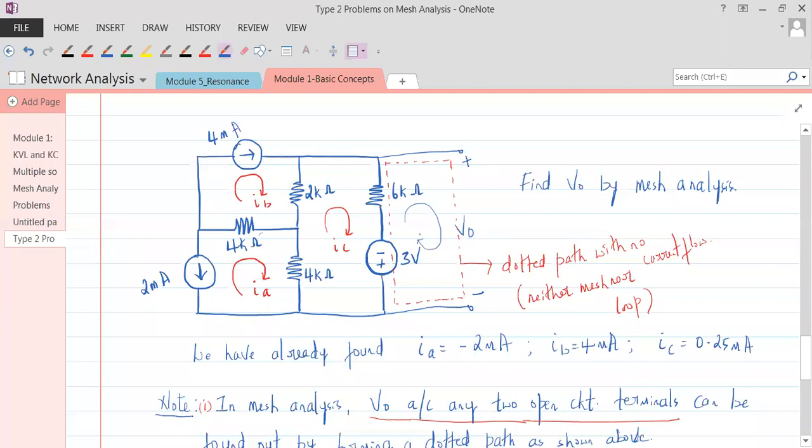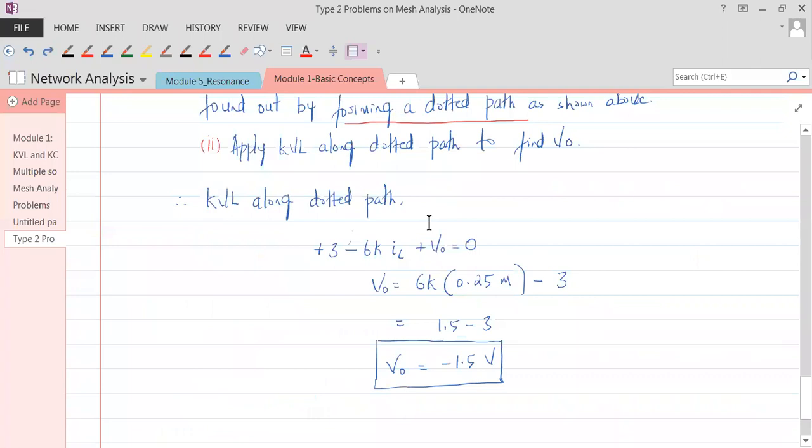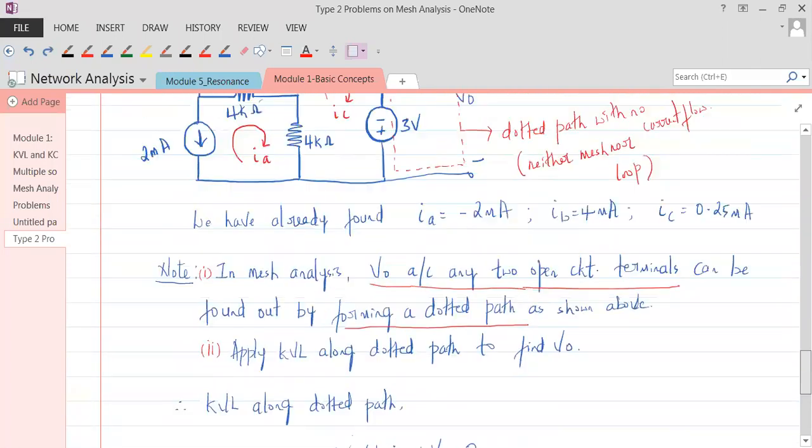But I'm not interested in marking this. Why am I not interested in marking this? Because there will not be any current flow. Everybody understand that? Okay, then I'll